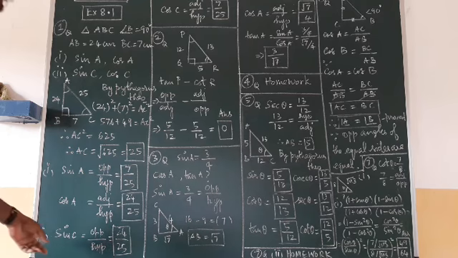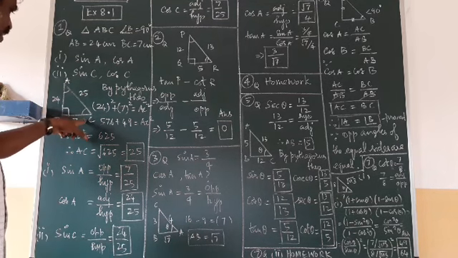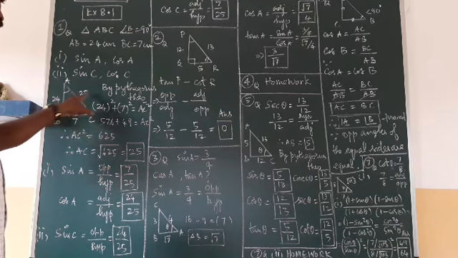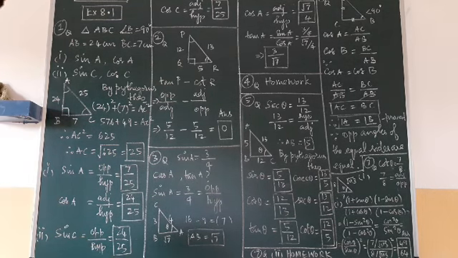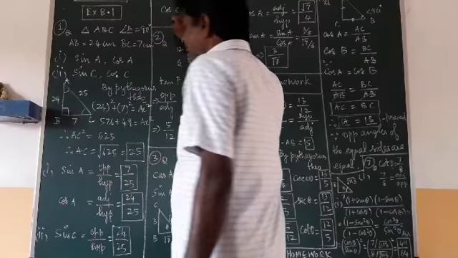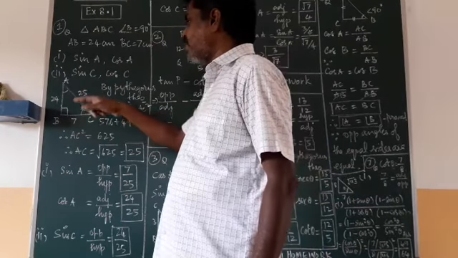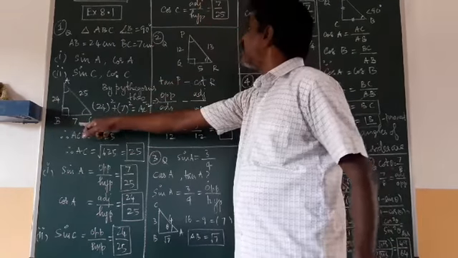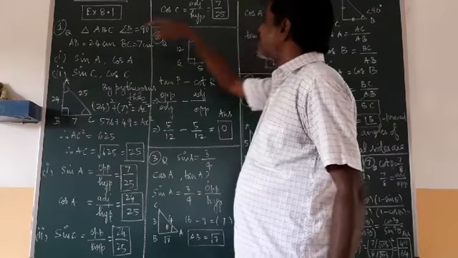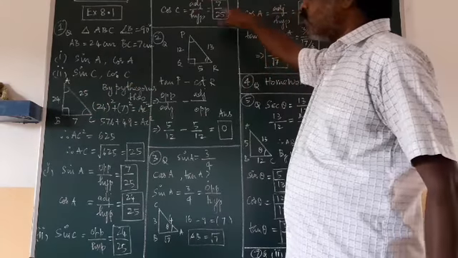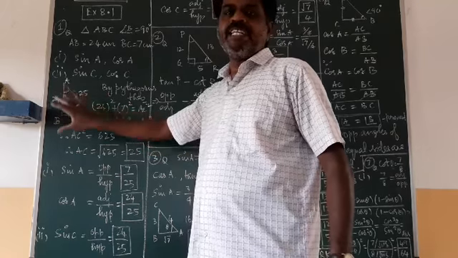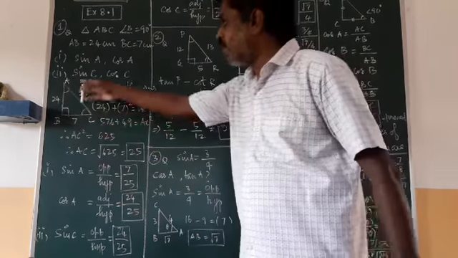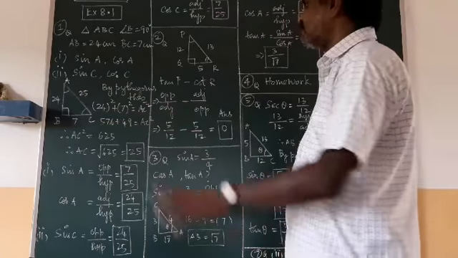Okay. Second condition, what is given? Sin C. From the angle C, sin C is opposite upon hypotenuse. Opposite is 24 and hypotenuse is 25. And from C, cos C they are asking. Cos C is adjacent upon hypotenuse. From the figure adjacent is 7, hypotenuse is 25. So 7 upon 25. So by drawing the diagram and finding the unknown side, write the ratio according to the angle which you have marked there. Okay, that is the first question.